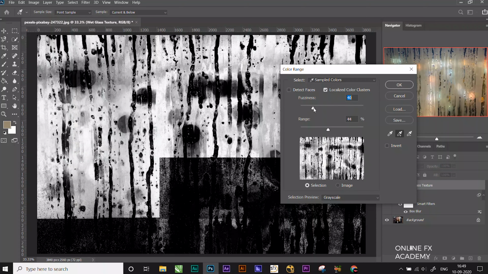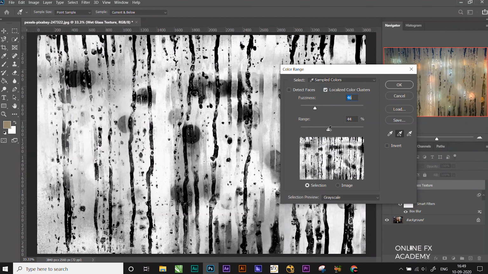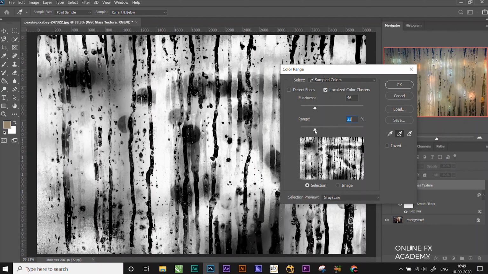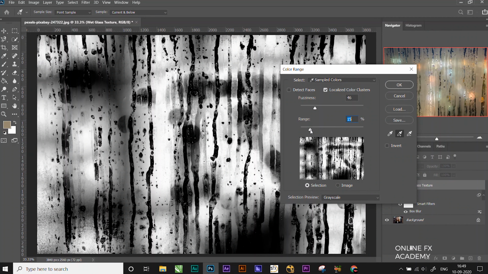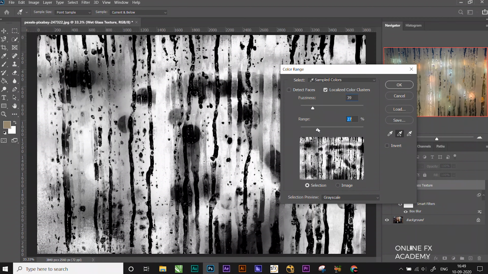Then you can just play with the fuzziness. This is the softness and this is the range. So as you can see, the local areas are not selected. You can control the range to make sure just most of the areas are selected. Now make sure the image is not frying up.